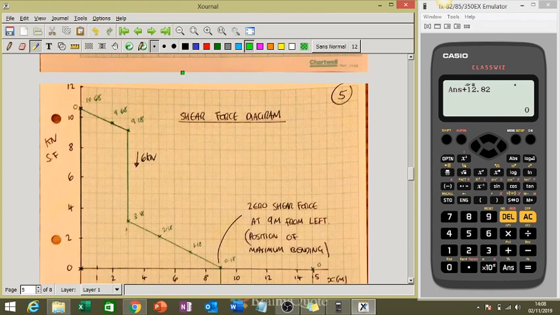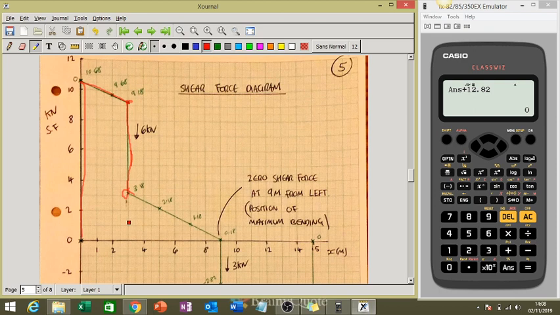Don't forget a UDL. So it starts off straight up. Right, that's the reaction, 10.68. Then the UDL kicks in, sloping line. Then the point load 6 newtons comes down. That's why you get 2 points, that point and that point. Don't go straight to that point. There's a point there, UDL sloping, 6 kicks in. Then the UDL carries on